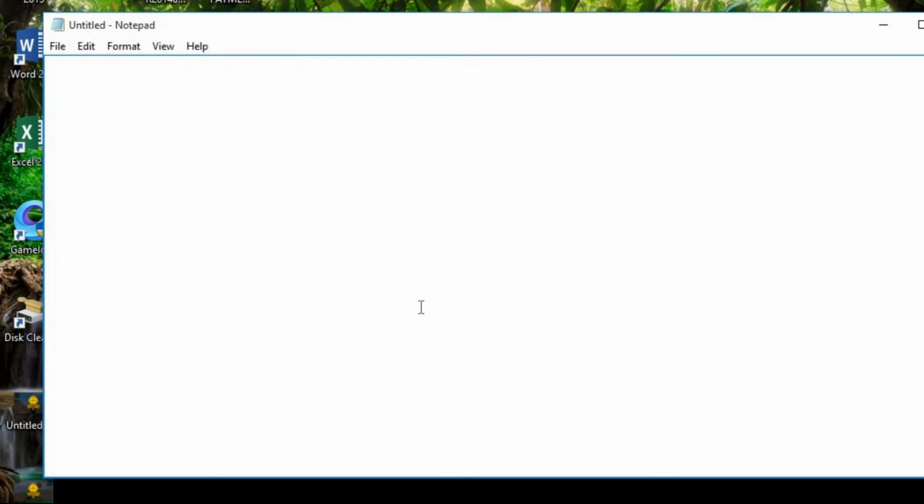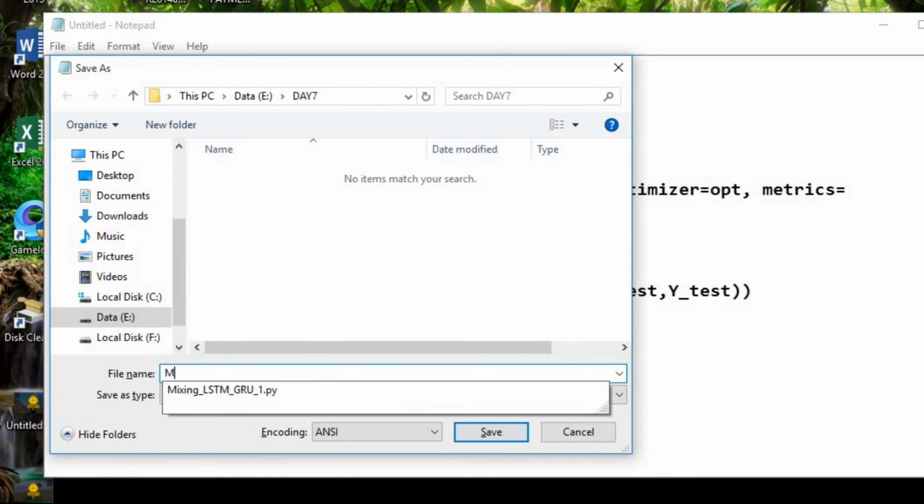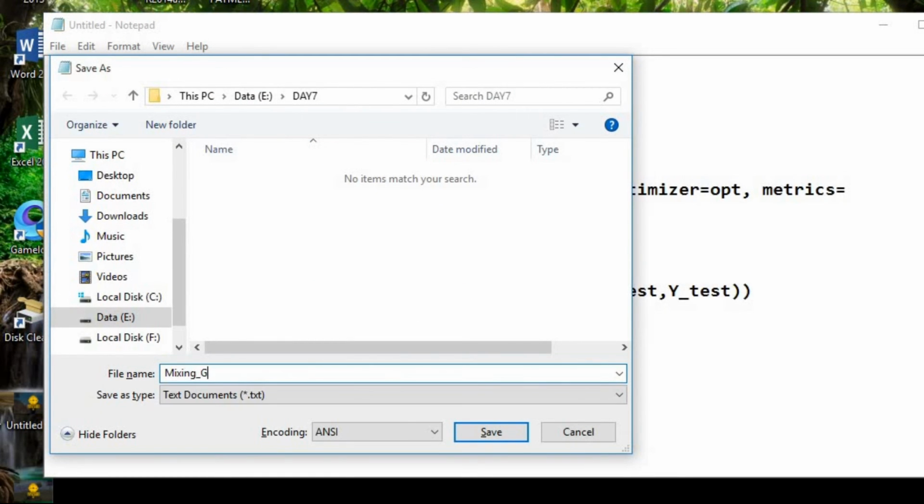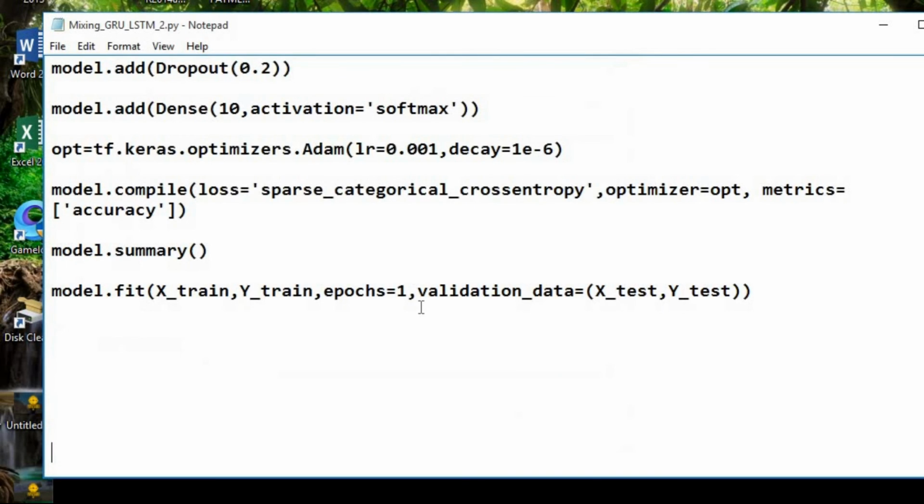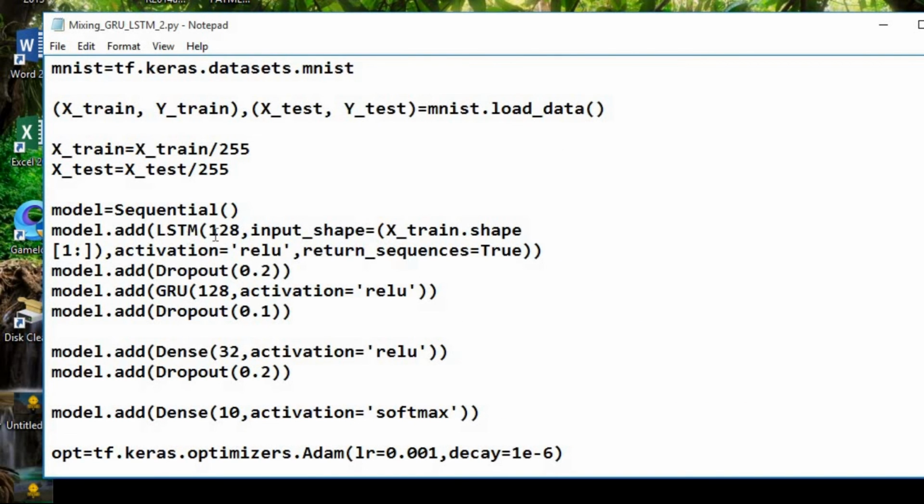So let it start. Let us form another model mixing GRU to LSTM. So here .py. Here we are going to make the input layer GRU, the output of which will be given to LSTM. Simply reverse to the earlier model. Save it.